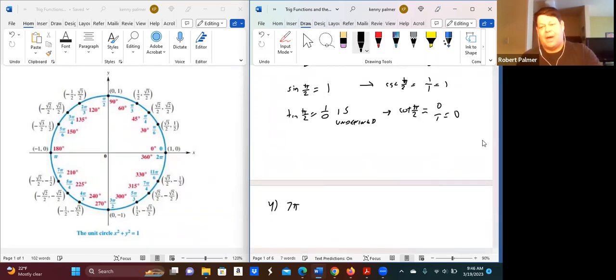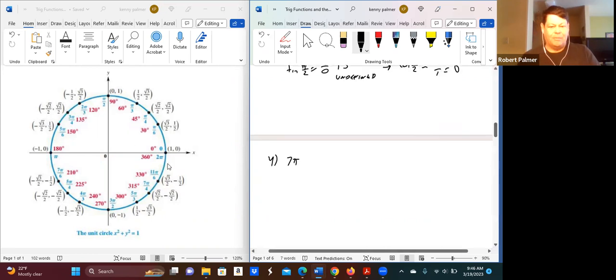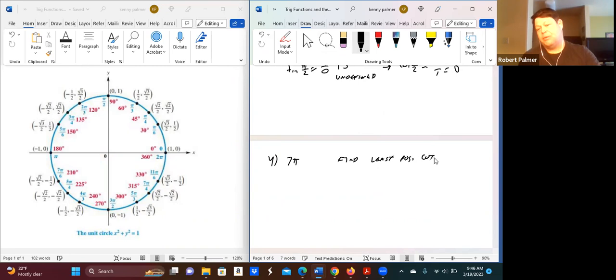Let's do 7 pi. Now, if you notice, 7 pi is not on there. So we need to find a coterminal angle. And also let's find the least positive coterminal angle so we can find it on here. Remember, what that means is essentially we just keep subtracting 2 pi until we get to something that's in